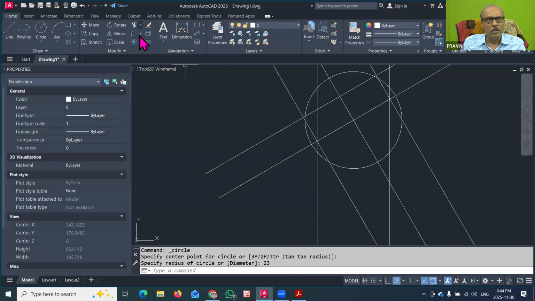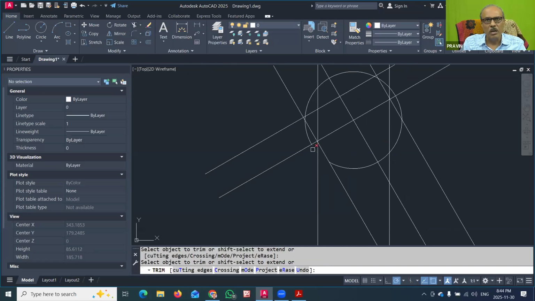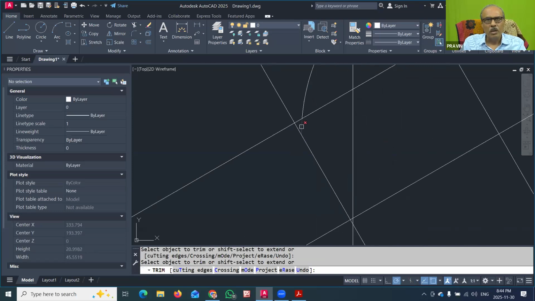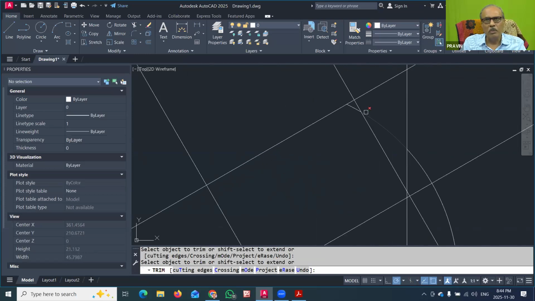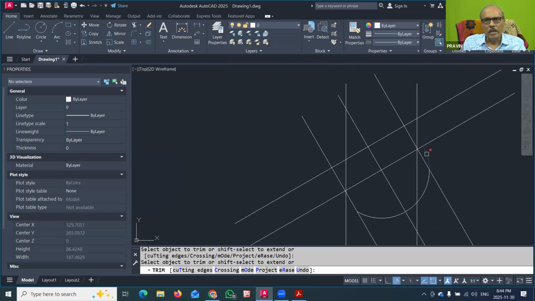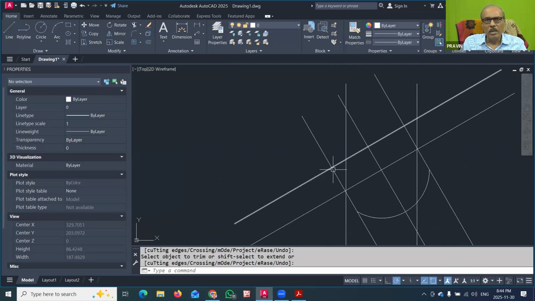For that purpose, I will use the trim command and trim the remaining part of the circle on all sides. I will click one by one, and the whole remaining circle I will delete using the trim command. I just have to click on the part, and click, and click. So what we get is the remaining part. Now again, this line is only up to this distance. So again, beyond this part, I have to delete.